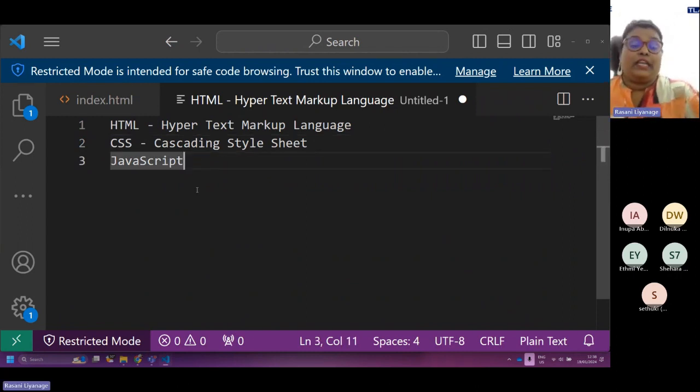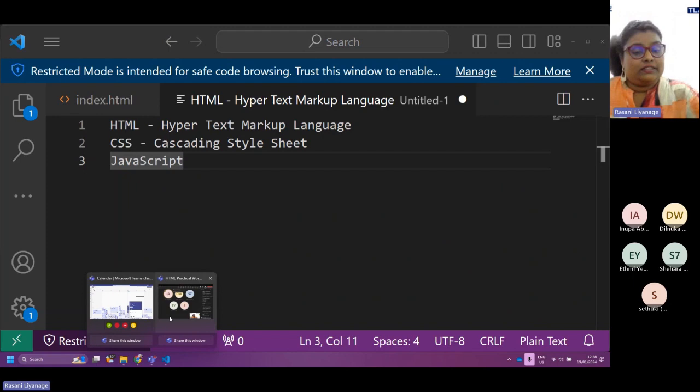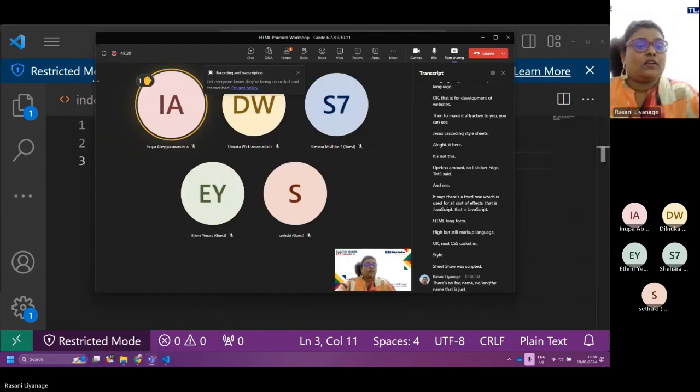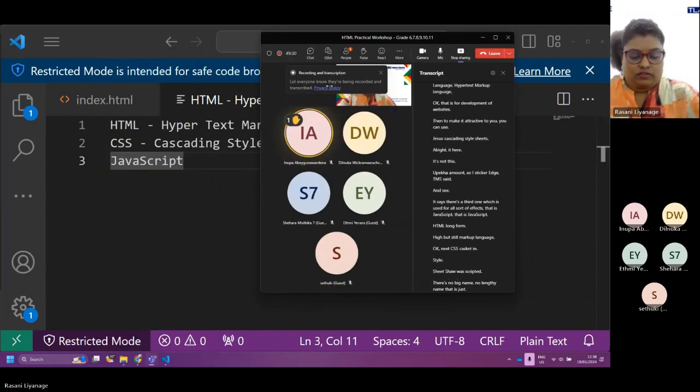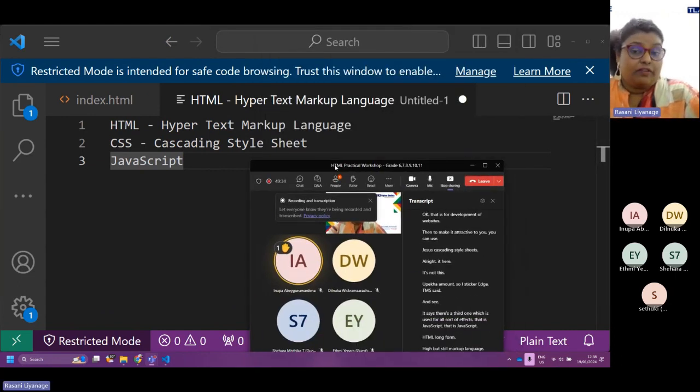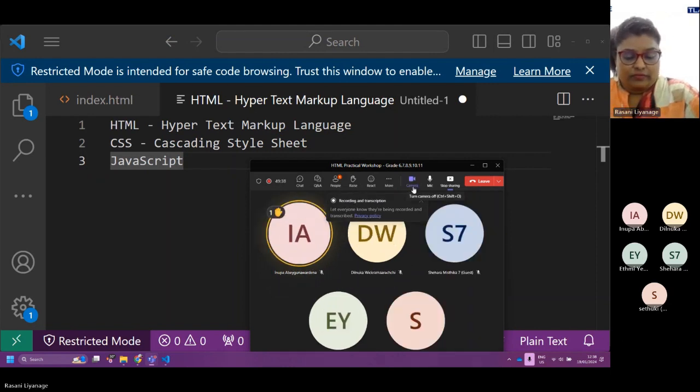JavaScript, there's no big name, no lengthy name. That is just used to have effects. Shall we quickly write down these names? That's number one. We'll write down these names.